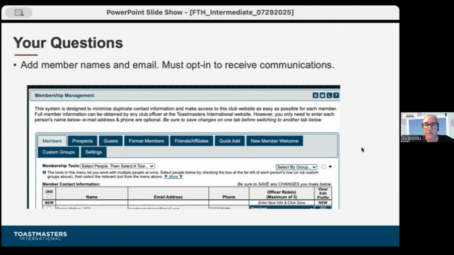Their name will have a strike through. A communication will be sent to them asking them to opt in. Once you know you're putting the person's name and email in here, let them know that they're getting a communication, expect it, and please opt in to receiving communication from the Free Toast Toast website.